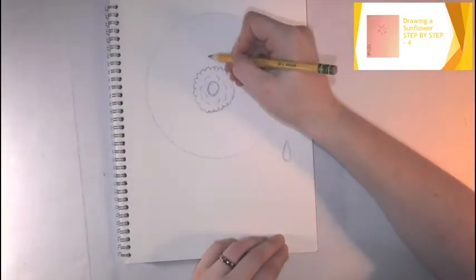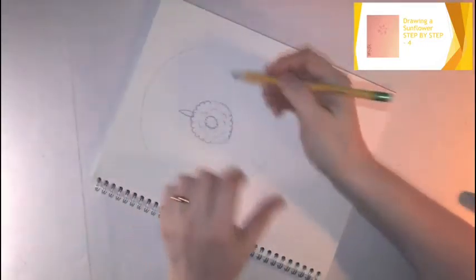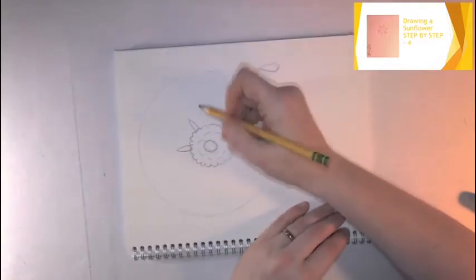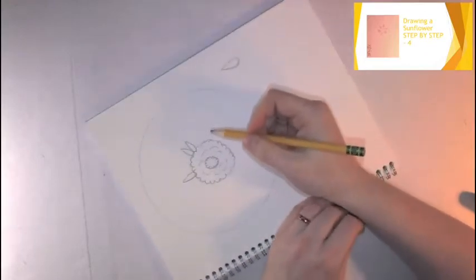So I'm going to draw a baby petal. So I'm going to draw 1. And I'm not going to put them all right next to each other. I am going to space them out some. There can be 2 next to each other. So add about 8